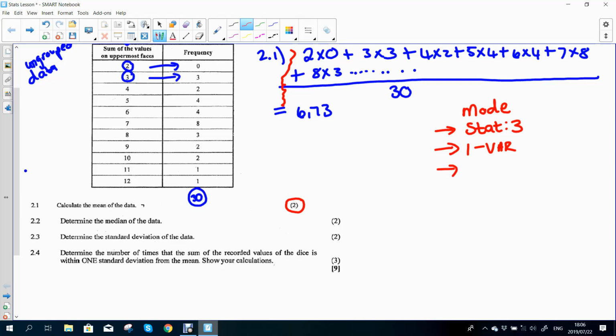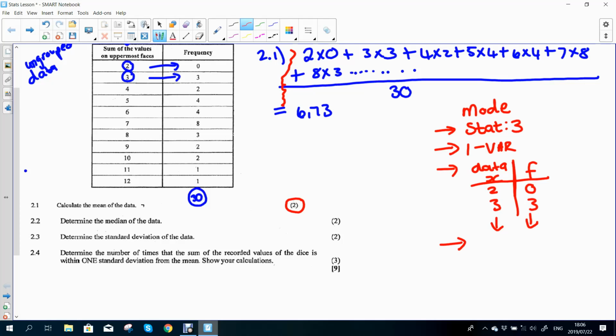Then you will get 2 columns. You will get a column for your data, I think they call it X, and then you'll get a frequency column. Then you need to put in all your data. You're going to enter 2, 3, and next to it you put your frequency for each of them, and you do that for all of them. When you're done, you press the equal sign just to make sure that all of the data is in the table.